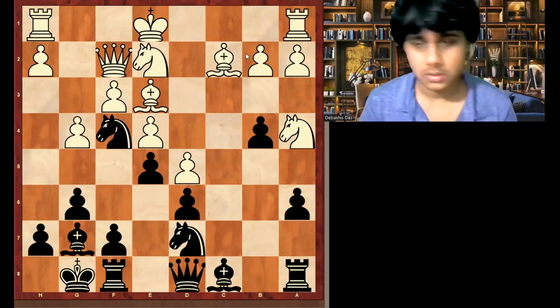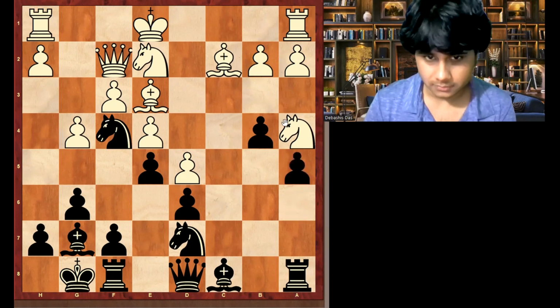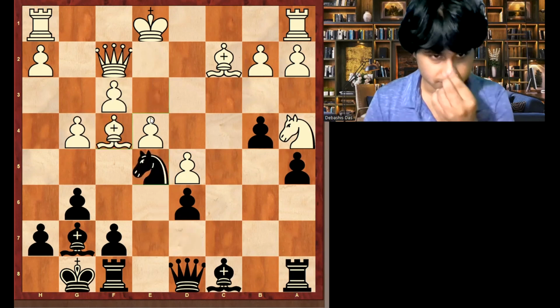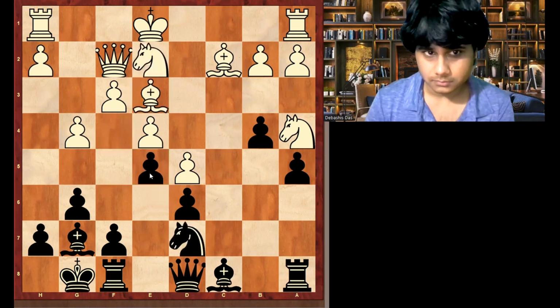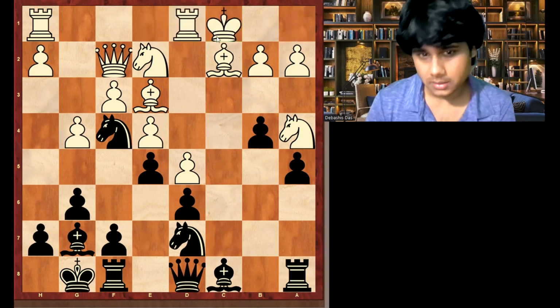This position, black to play. Pause the video, try to find it. So black played here a5. It's a very strong move, and he doesn't even care about this pawn. Now, the piece activity here matters a lot. If white doesn't take on f4 and plays something like long castle,